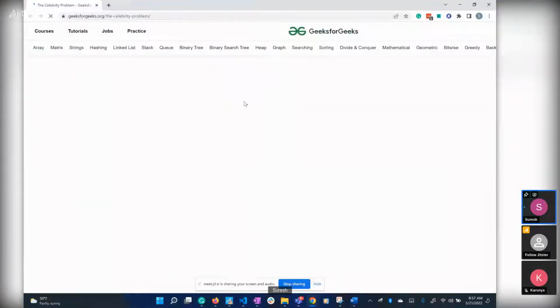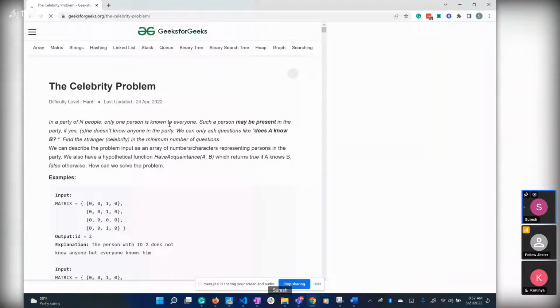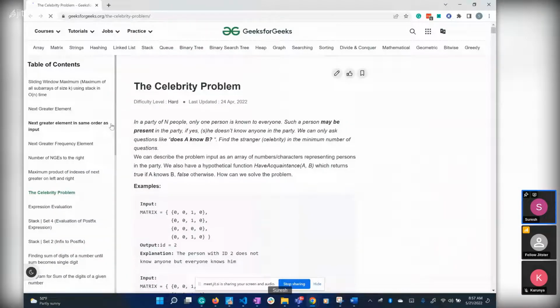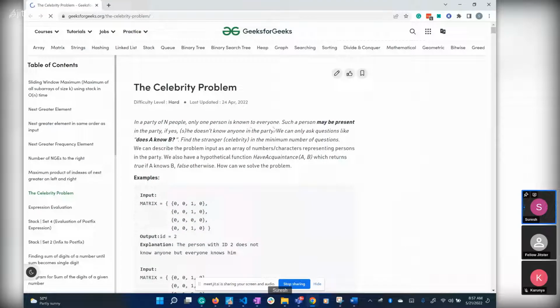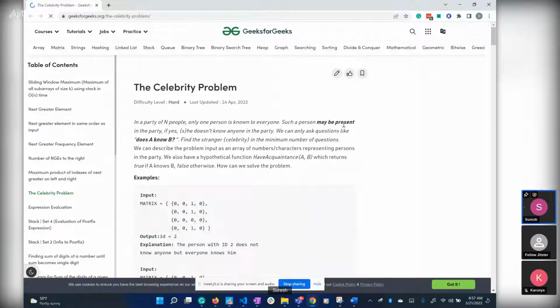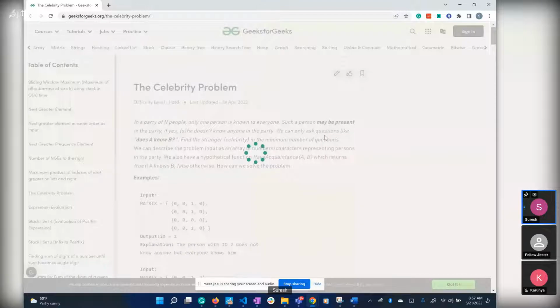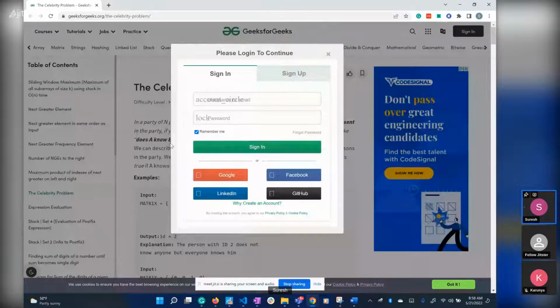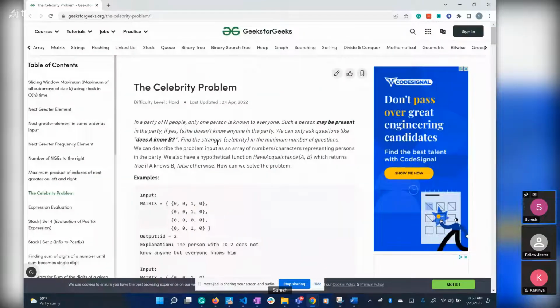So here is the celebrity problem. In a party of n people, only one person is known to everyone. Such a person may be present in the party. If yes, she or he doesn't know anyone in the party. We can only ask questions like, does A know B? Find the celebrity in the minimum number of questions. We can describe the problem input as an array of